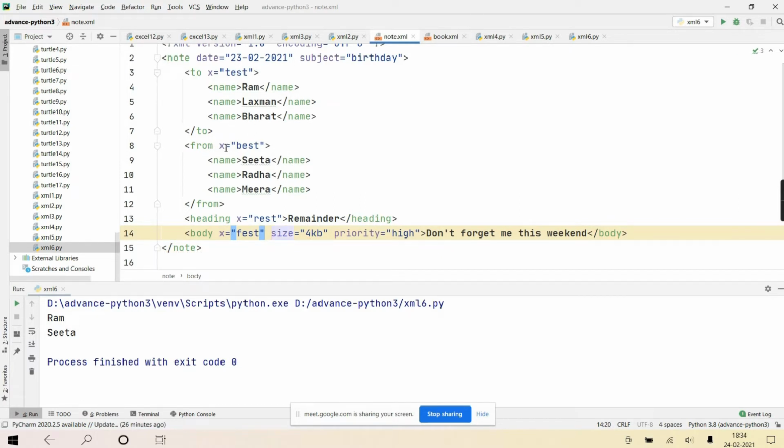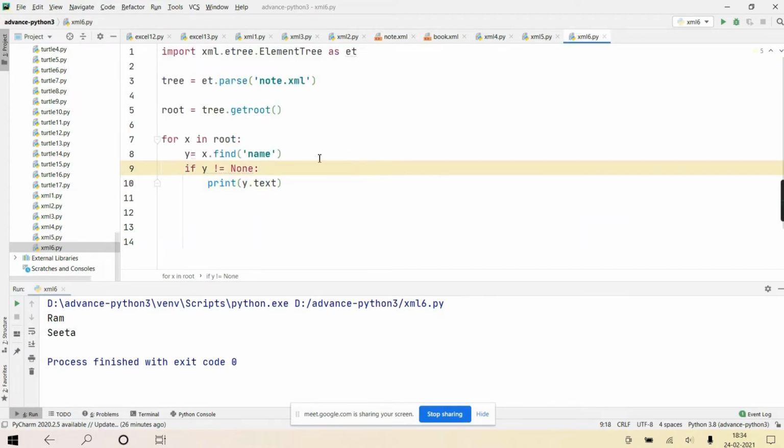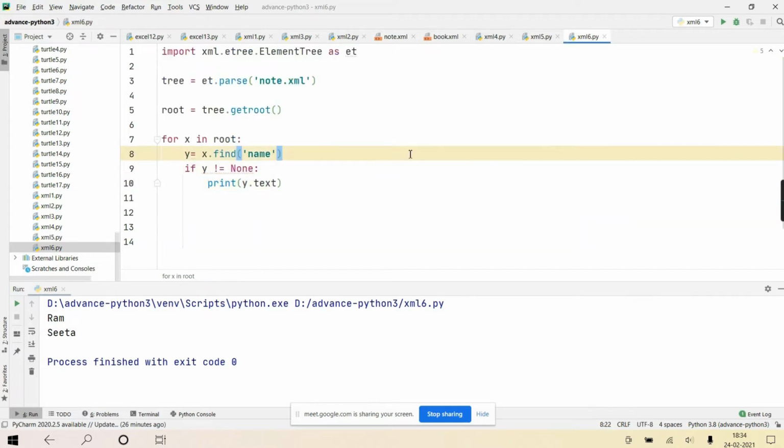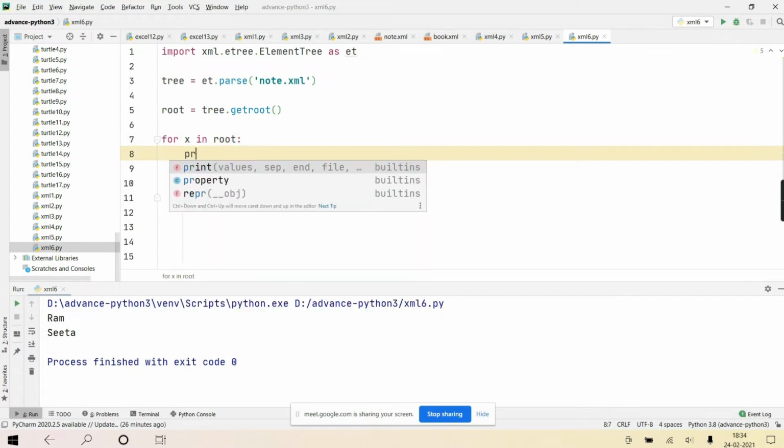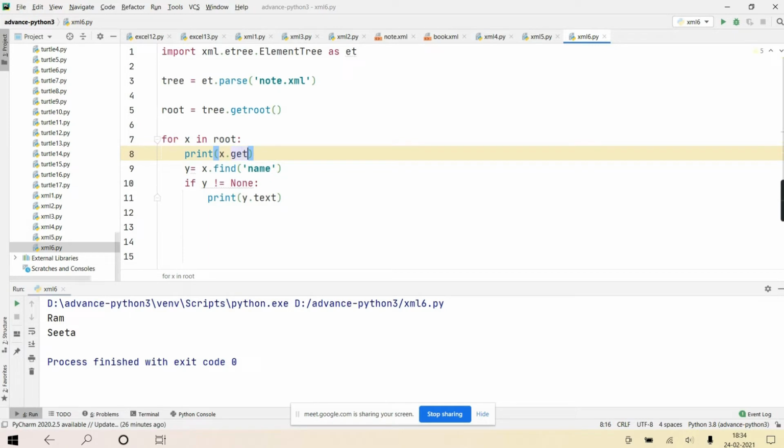I have given one attribute x to all children. So in this program loop only, if I write print x dot get, and then the attribute name is x only, will it print the value of it? Get only.